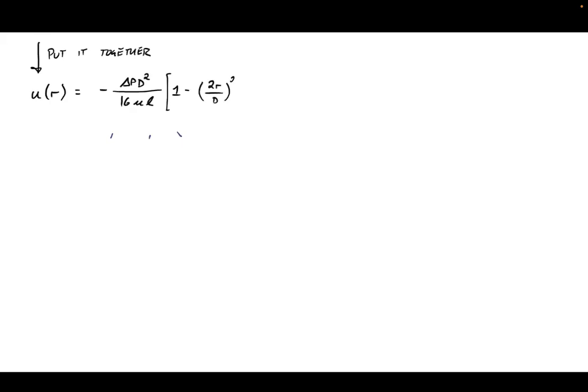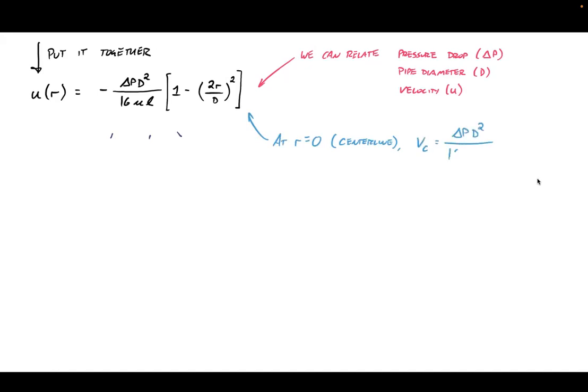Okay, so put together what we know so far, and we've got an equation describing velocity as a function of radius. We've got that constant of integration, and we've got that r squared term there as well. So this relates pressure drop, pipe diameter, and velocity to one another. And just as a quick aside,